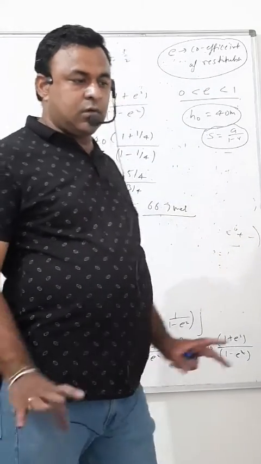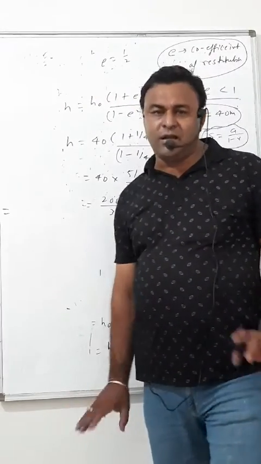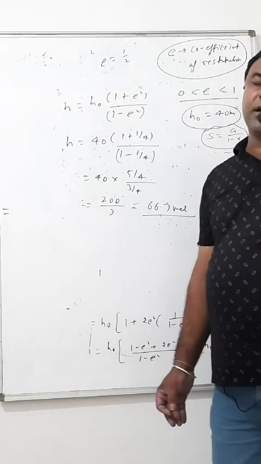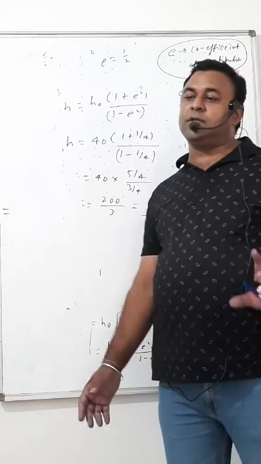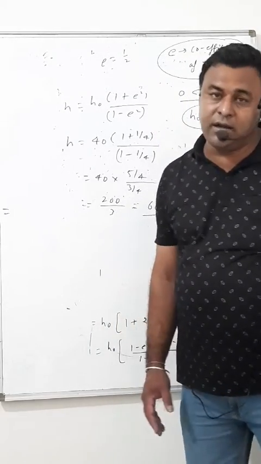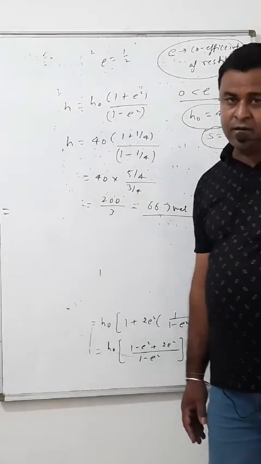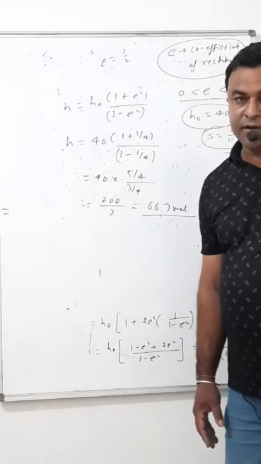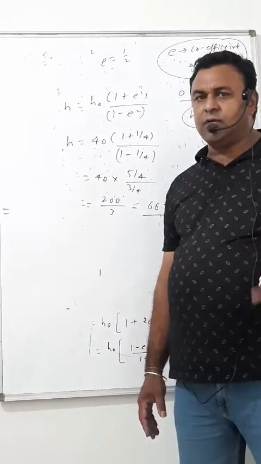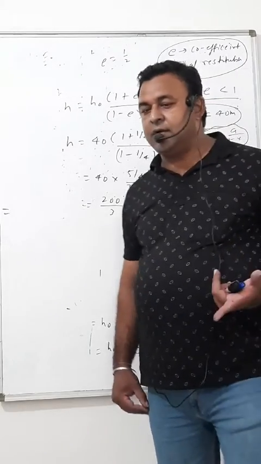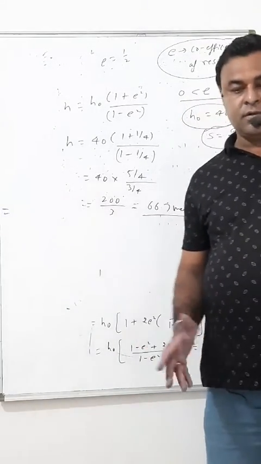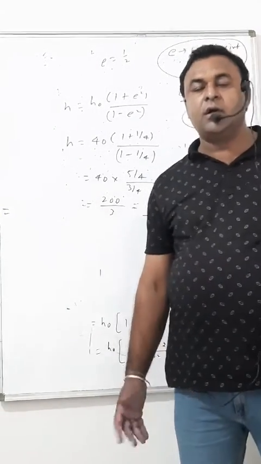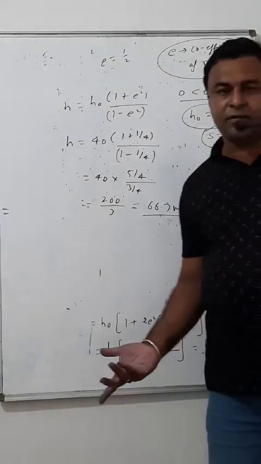Got it? No need to go into the detail of this question. I'm just telling you an application of it. Of course, this is a big one, and the question was asked first in IIT in 98, 99. Then later on, in lots of competitive exams. And no need to solve always this much long, because every time this is not asked. Sometimes it's asked only that the value of e is 1 by 2, then after first striking with the floor, how much height will it go? You say e square H0.